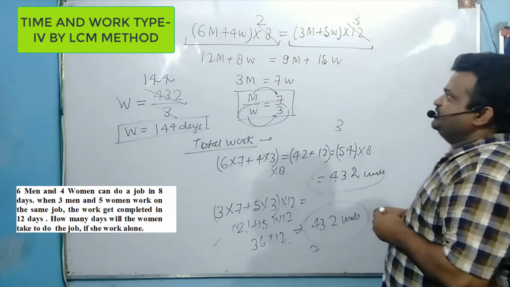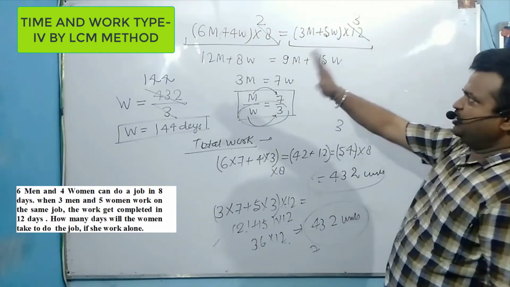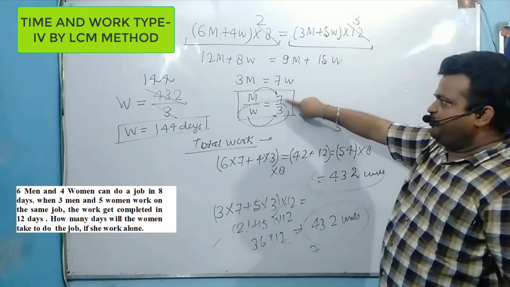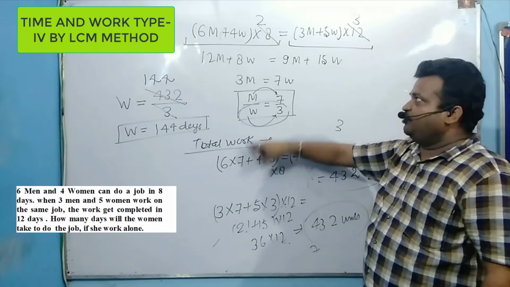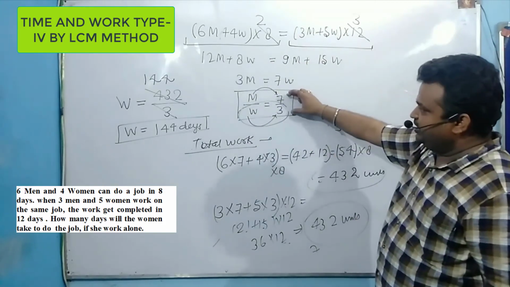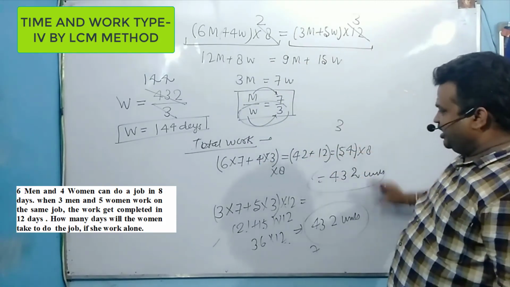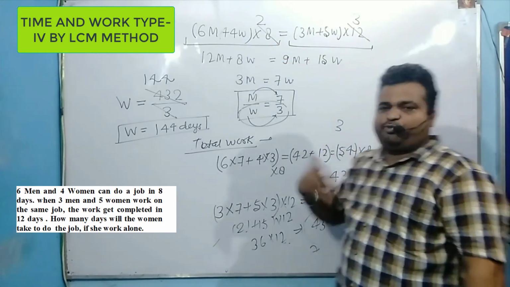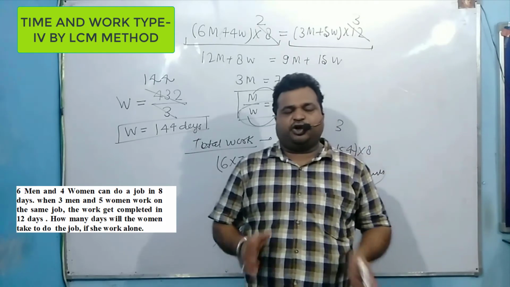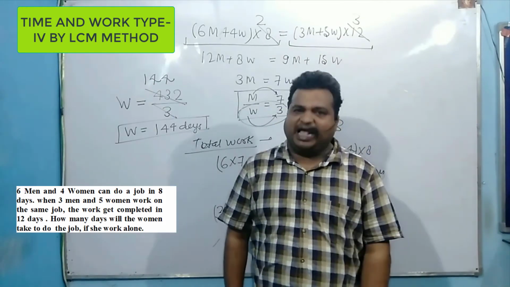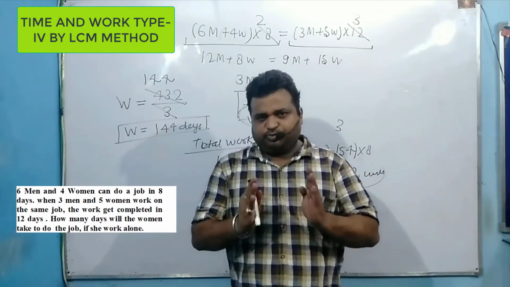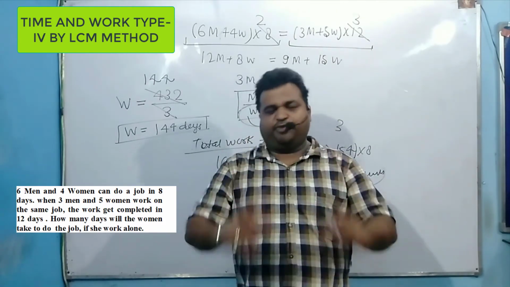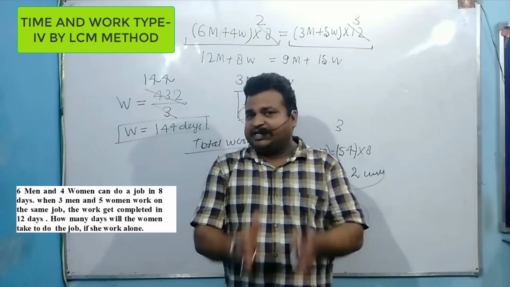So the idea is you complete one equation, the total work done equate. With the help of this equation you will get the ratio of men and women. How do you calculate total work? By multiplying when you know the unit production. So you will get total work done either by this equation or this equation. Once you know the total work production, then based on what the question requires, you just proceed and find the answer. I hope this particular session of the LCM method will give you additional information to solve problems of time and work.